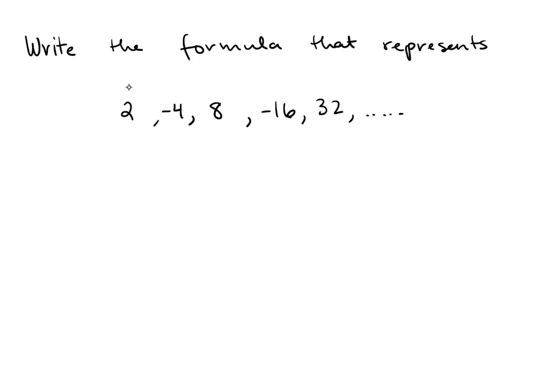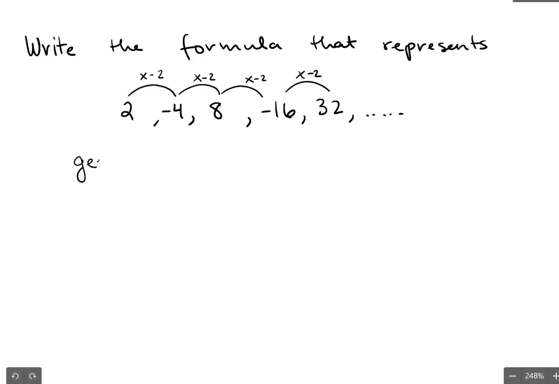So let's see. What would I multiply 2 by to get to -4? I would multiply by -2. Let's see if that pattern holds. -4 times -2 is +8. 8 times -2 is -16, so the pattern's holding so far. -16 times -2 is +32. So that means we have a geometric sequence